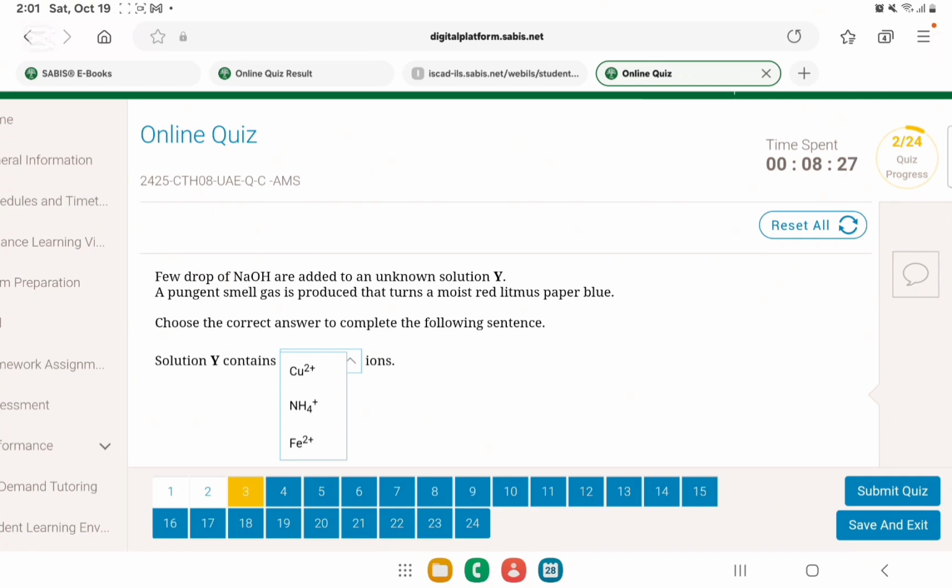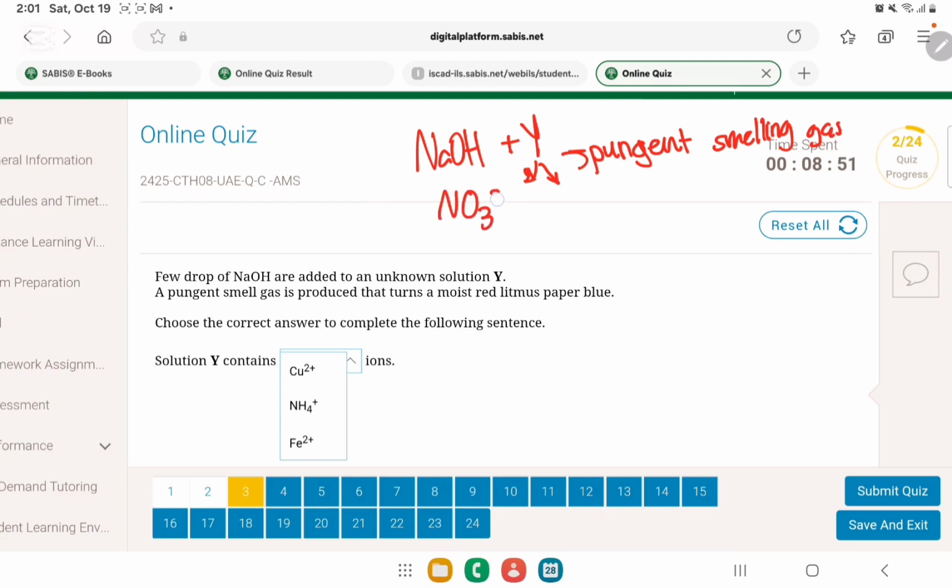So again, when we add NaOH to solution Y, we get a pungent smelling gas. So solution Y can be two things. It can either be NO3- or